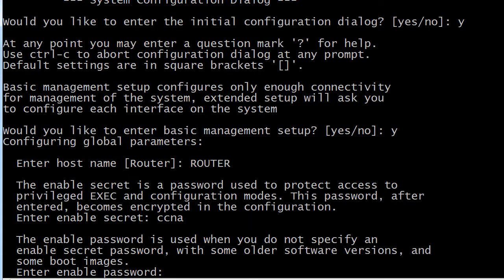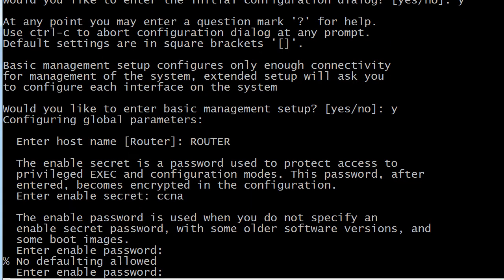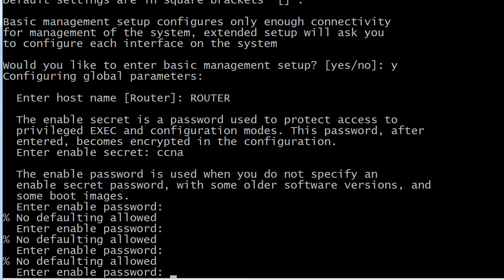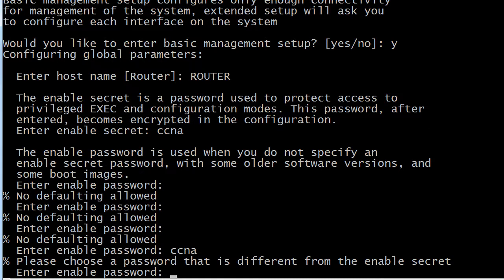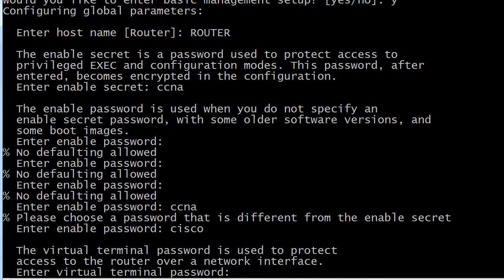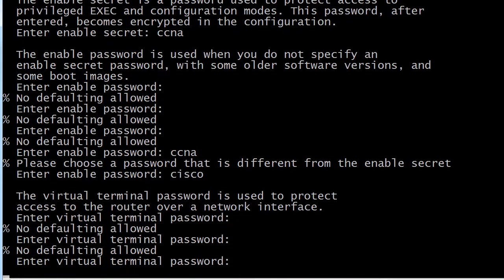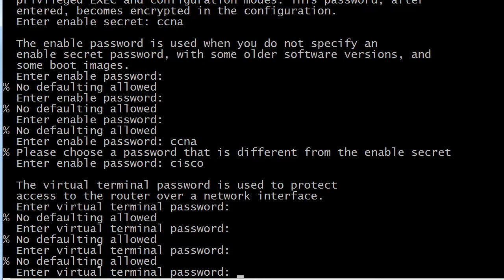And I'll put CCNA for my enable secret, and if I don't want to set an enable password, I can't go past that. And so if I try to set it to the same thing as the enable secret, it's not going to let me. And it's not going to let me go past the virtual terminal password, the VTY password. So already I'm getting a little fed up with it, and let's say that you go into it for a minute or 2 or 15 minutes or so, and you start configuring the interfaces and the protocols this way,